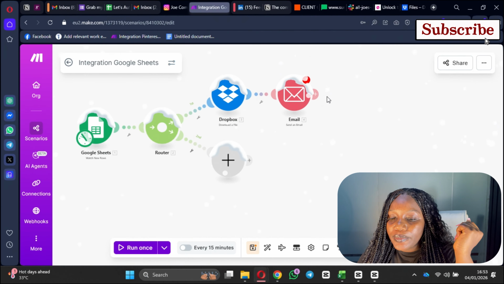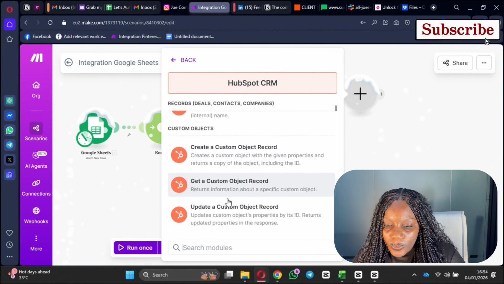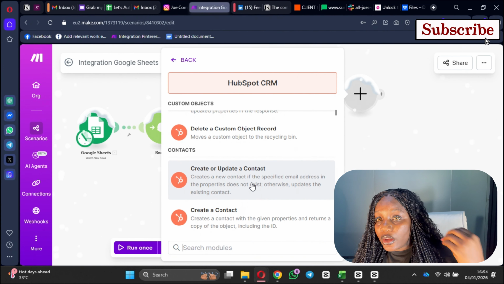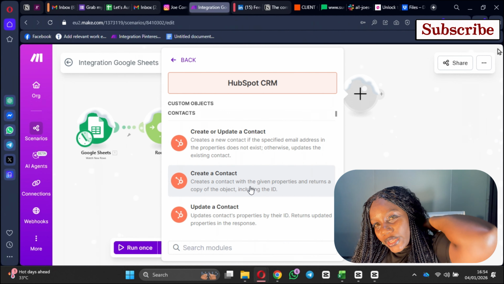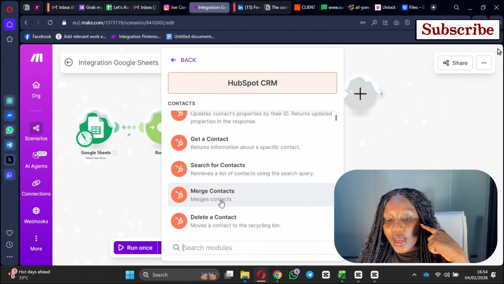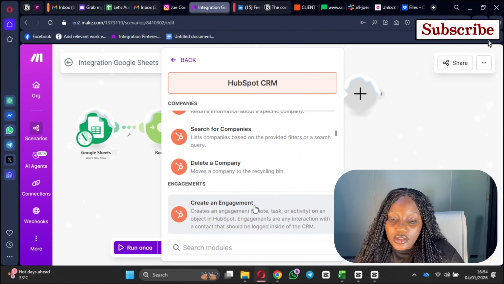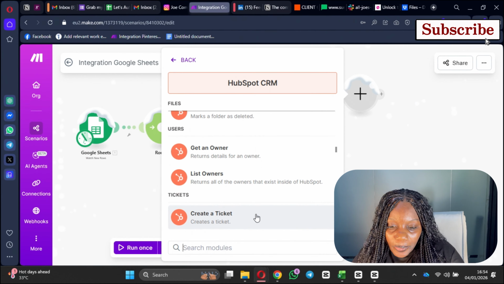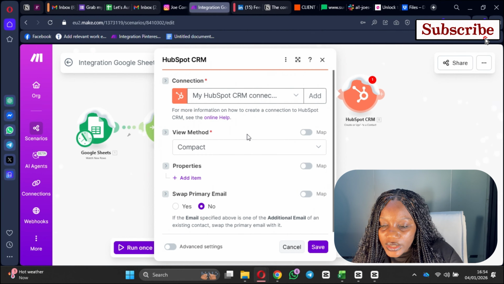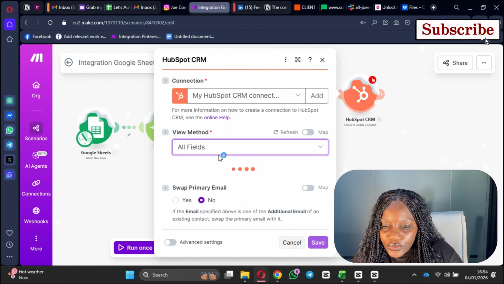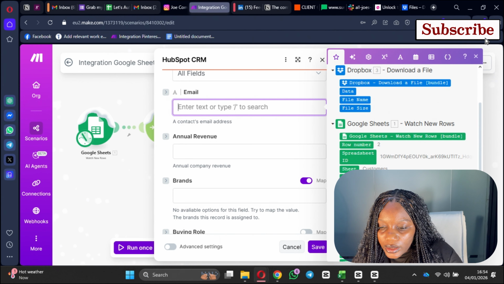So for this case, the CRM is going to be HubSpot. So you're going to update a contact. Let's do the create or update a contact, just in case the person has not gotten into your CRM yet for some reason, where it was like a friend or something. Let's just stick with the create or update. Then you want the fields so that you can update them manually. So the email is this,